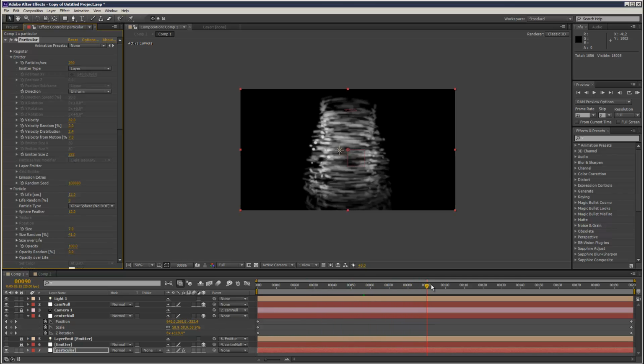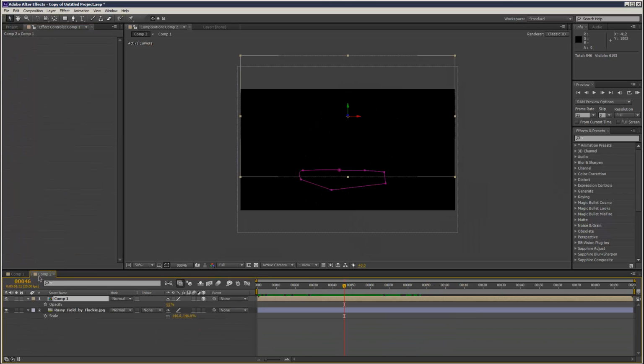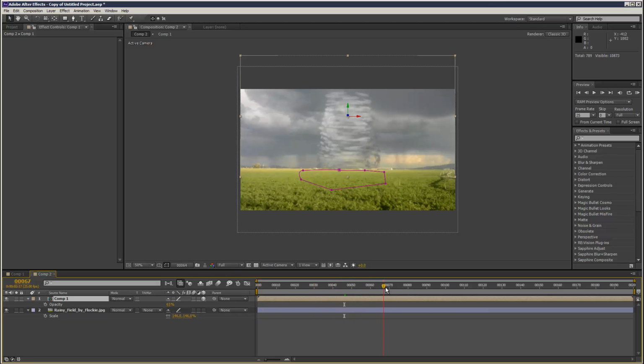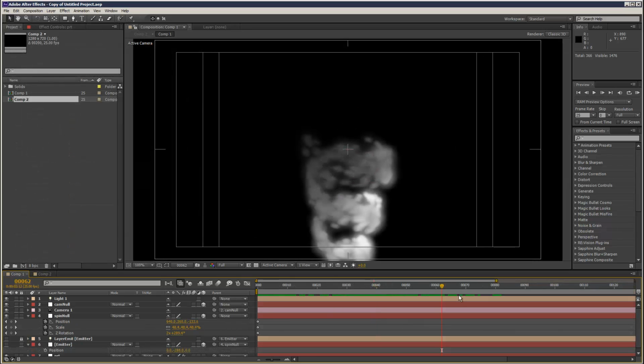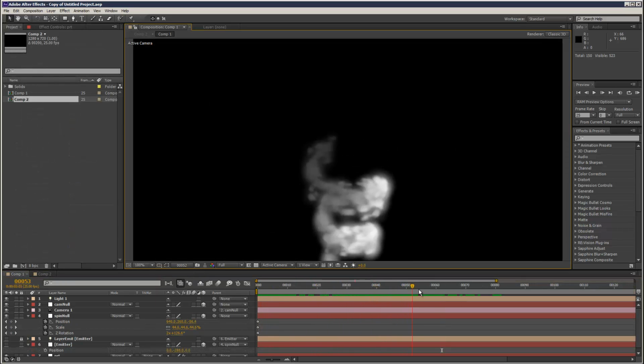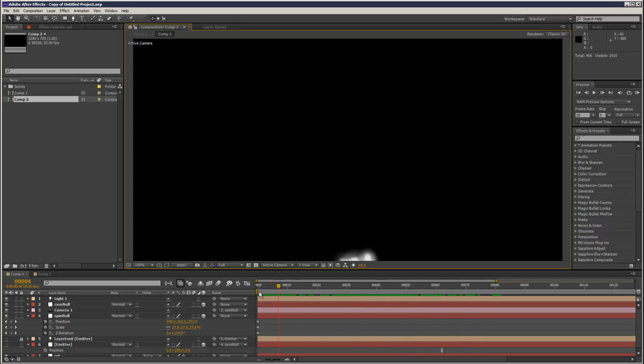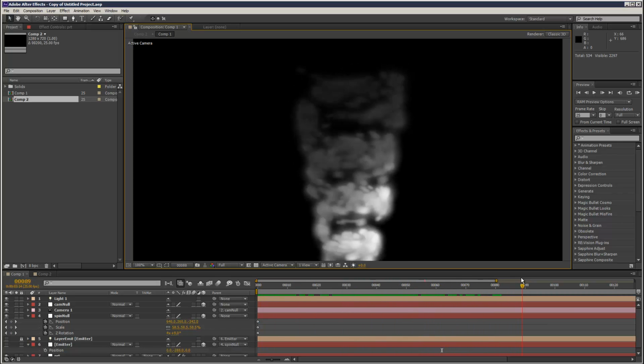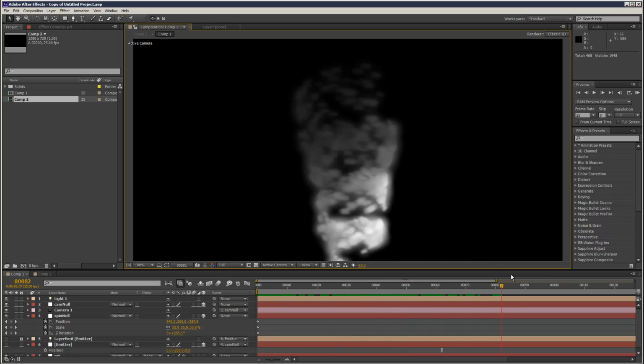So what we're going to do today is create a tornado effect with Particular, this thing you can see here. I'll just take all these off the screen. So I'm going to basically create a tornado forming and then maybe add some rain and debris. But if you're interested,